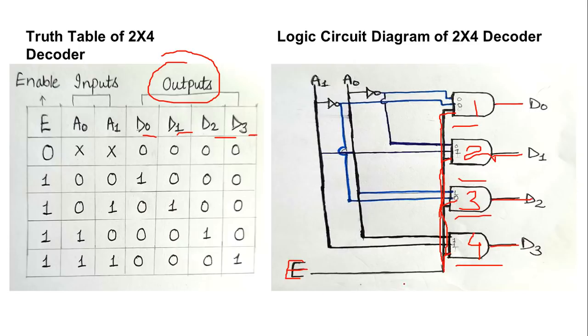So if you are done with this, then what will happen? Now you have to look upon the design part of inputs. So I am here having two input values, a naught and a1. The same thing is provided here, a naught and a1. Now what will happen in case of designing the logic circuit diagram?